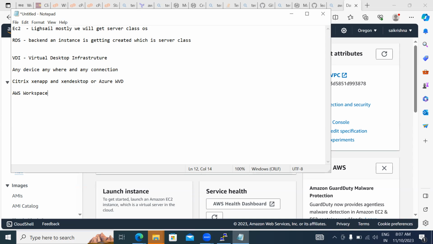desktop class operating systems. And it's not only delivering the desktop, you no longer need a computer. You don't need a laptop or a desktop. It can be any device. What is the meaning of device here? This may be a tab, a smart TV, a smart Android kind of device, or zero clients, thin clients. Again, no need for processing. So to those also we can deliver the desktops using